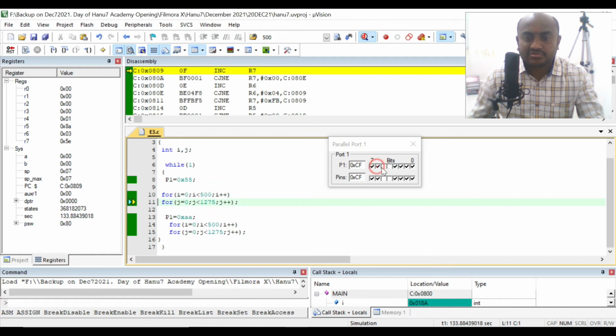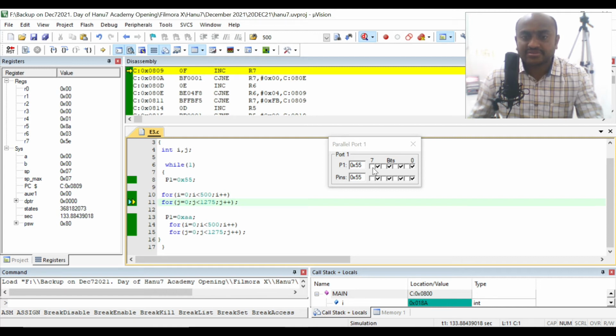If you want all LEDs to become off, the value is FF. If you want only certain LEDs to become off, the value is 5. This is 5. The opposite value is what? This will be ticked and this will be not ticked.